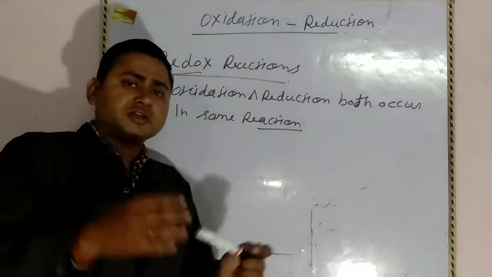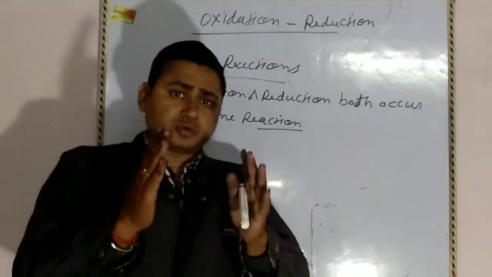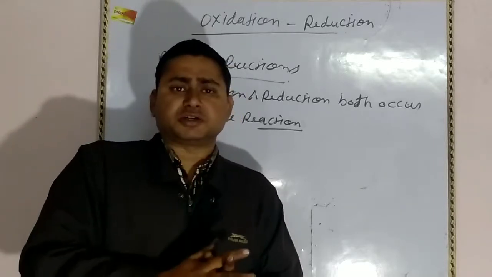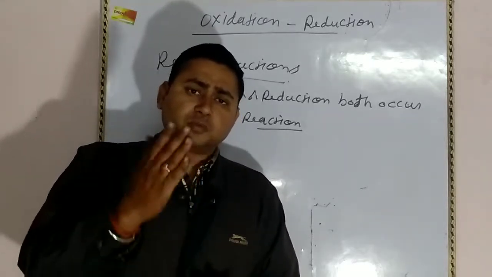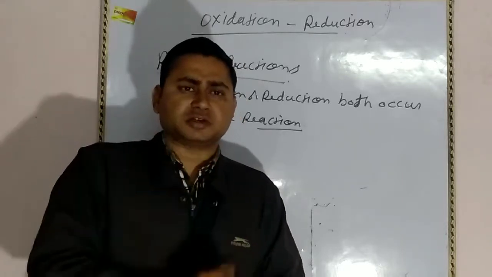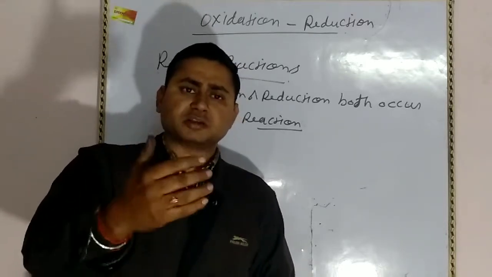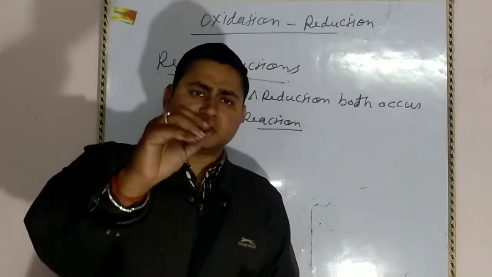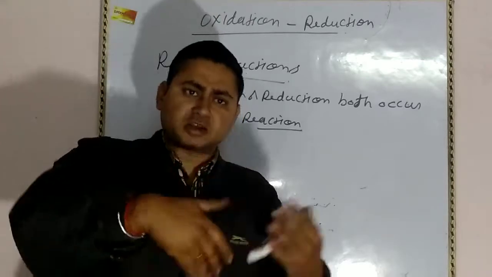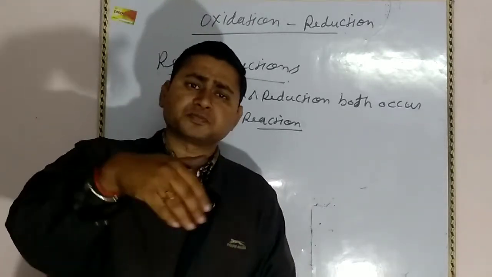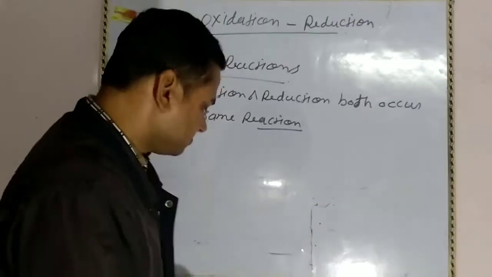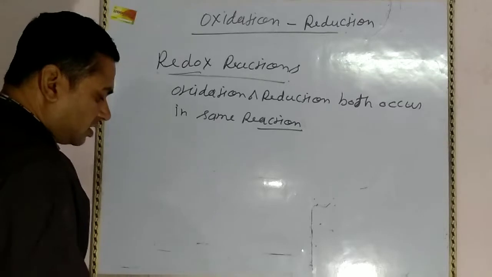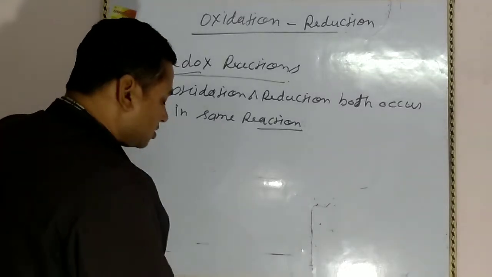And for your knowledge, this is to be noted. Oxidation and reduction both happen together in all reactions. Means oxidation and reduction both happen side by side in all reactions. So if one compound in a reaction is oxidized, then definitely another compound in the same reaction is reduced. How? We see. For example, we can write here one very good reaction,